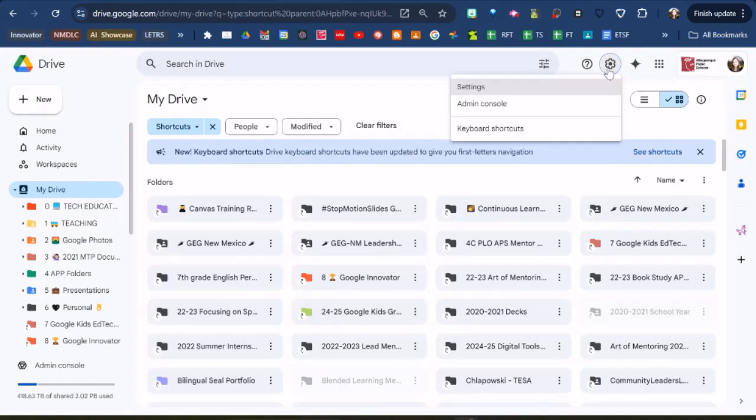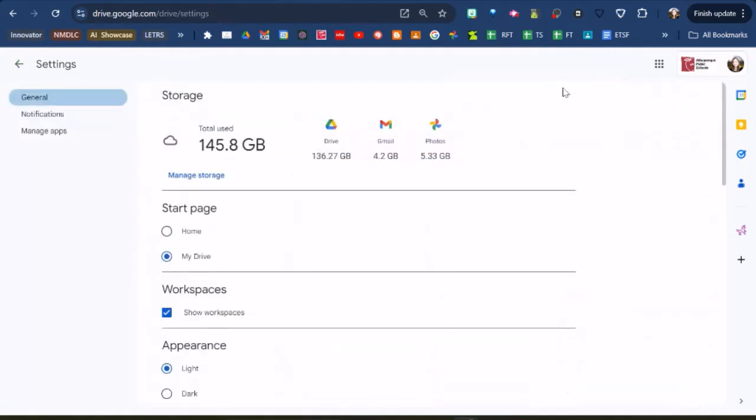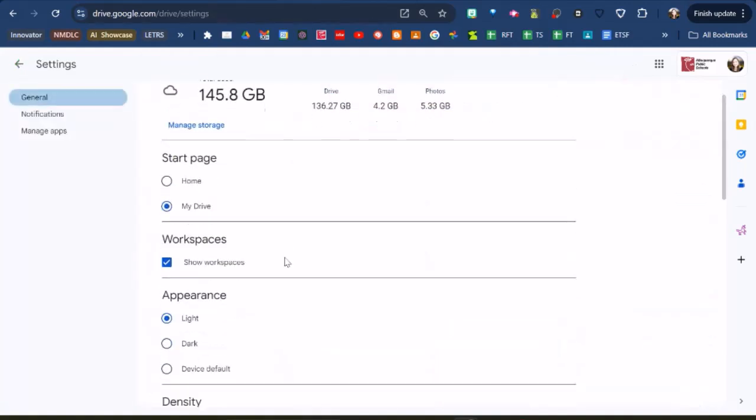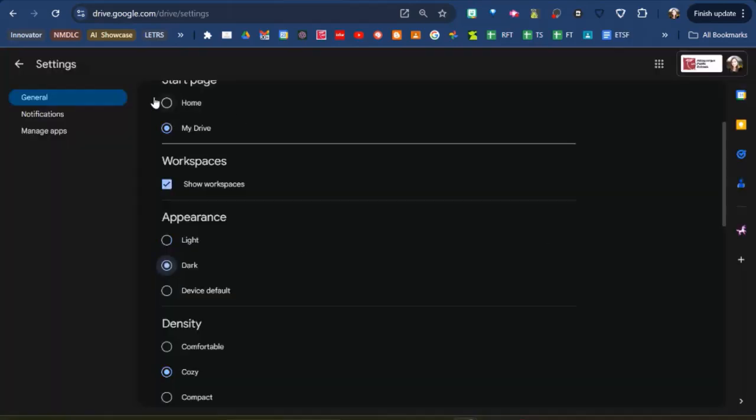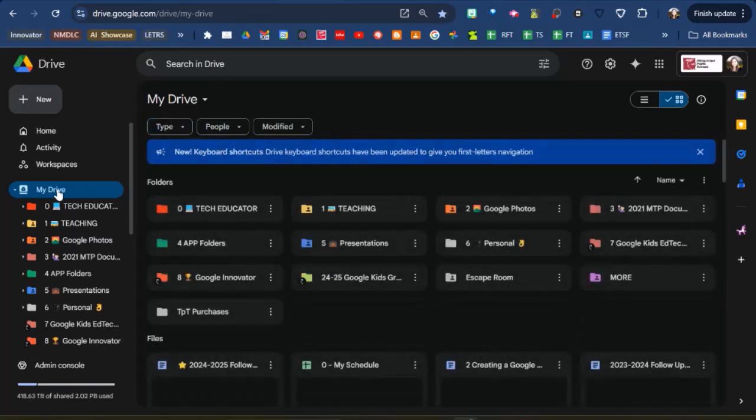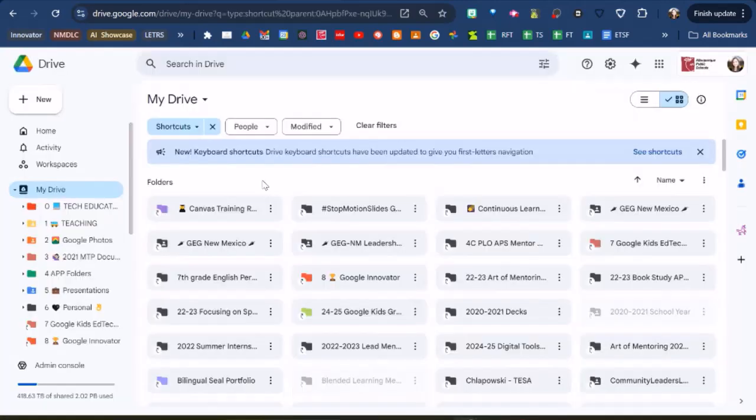Okay, and one final thing, which I haven't set up yet, which is kind of surprising for me actually, is there is dark mode now in Google Drive. Ooh, I kind of like it. I think I might keep it. So those are just a few quick updates now